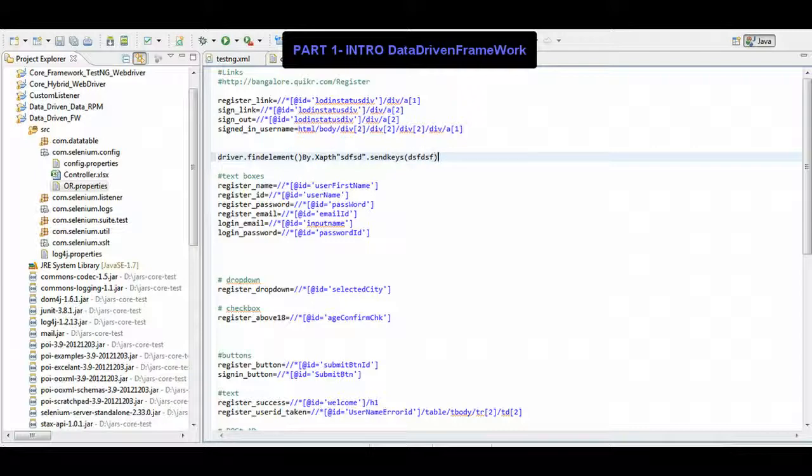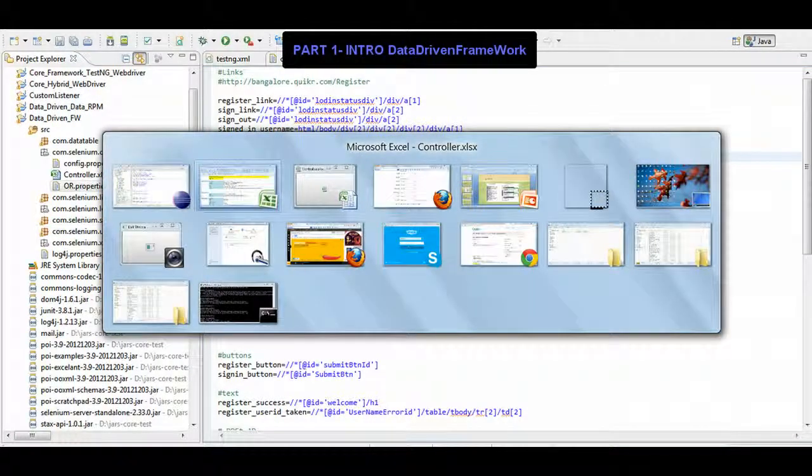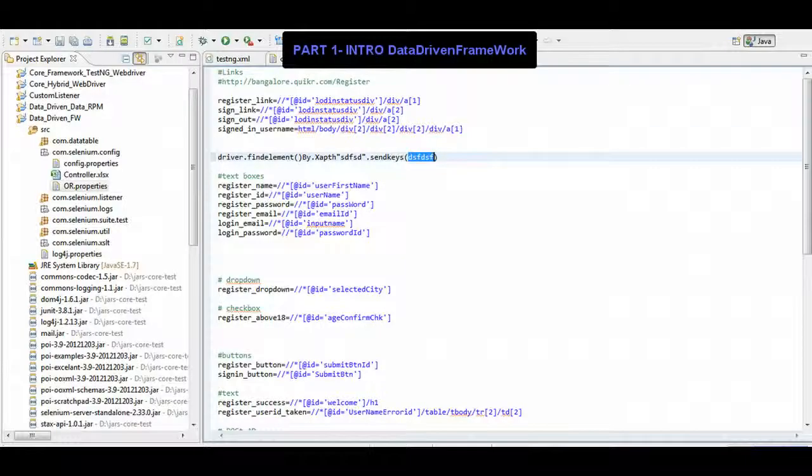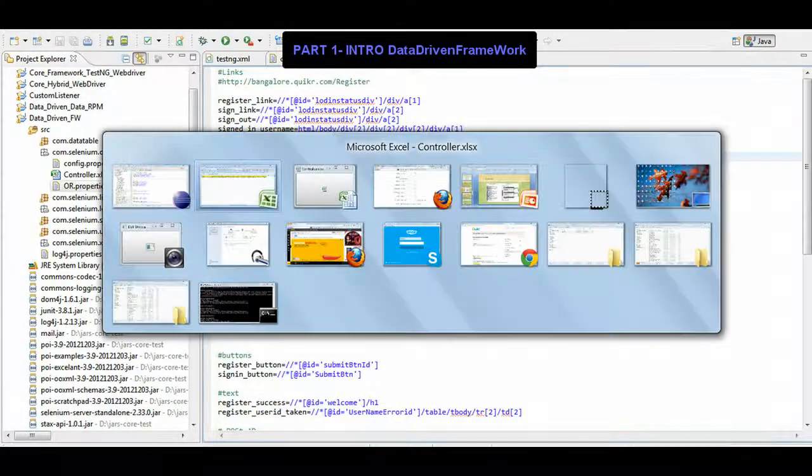What is the data? Okay, now data is sitting in your Excel file like this here, and your object, nothing but the repository, whatever the XPath or CSS, is stored in here. Okay, so we're not going to hard code anything. So at runtime, your script will look like this. You're going to call this registration link or whatever registration name over here instead of XPath, right? So calling this name, and this data, whatever you say, it should come from your Excel file. Okay, so this is all about object repository.